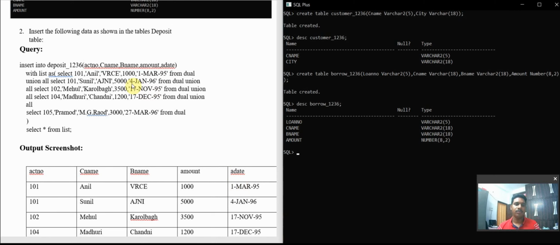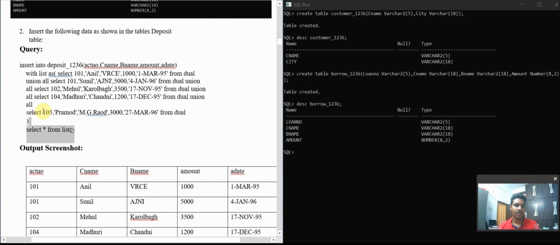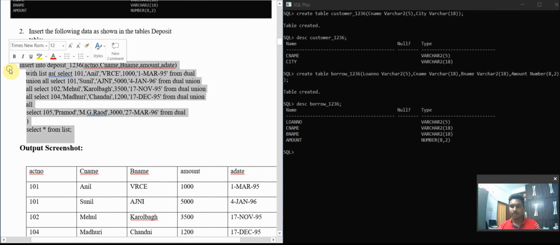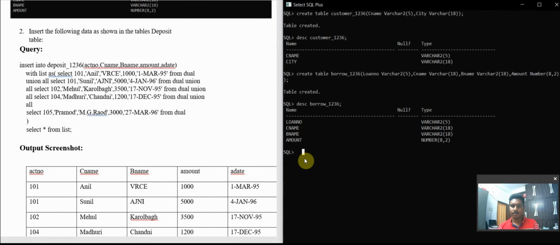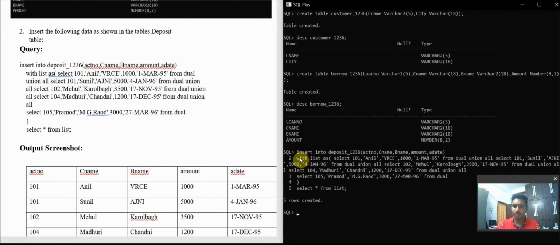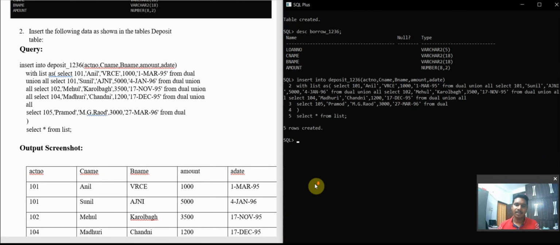If you don't know what you are giving, you need to have one comma, and for names and all these things we need to have quotes. Okay, let me copy this code and run it here. So 5 rows have been created.